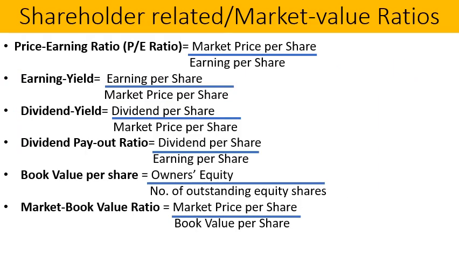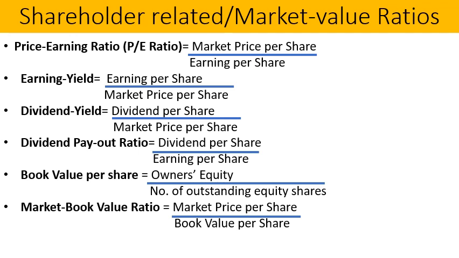Now we will look at the shareholder related or market value ratios. If you look carefully at this slide, you can see many ratios on sites such as Money Control, which compare the base price of a company relative to its industry or its competitor. So various ratios are P/E, price to earnings ratio, which is market price divided by earnings per share; earnings yield, which is 1 by P/E ratio; then comes dividend yield, which is dividend divided by market price;